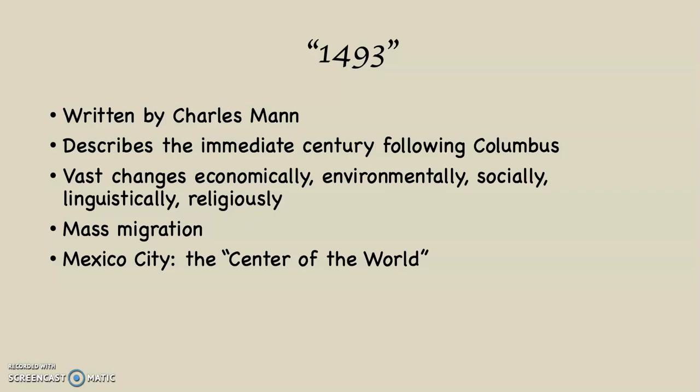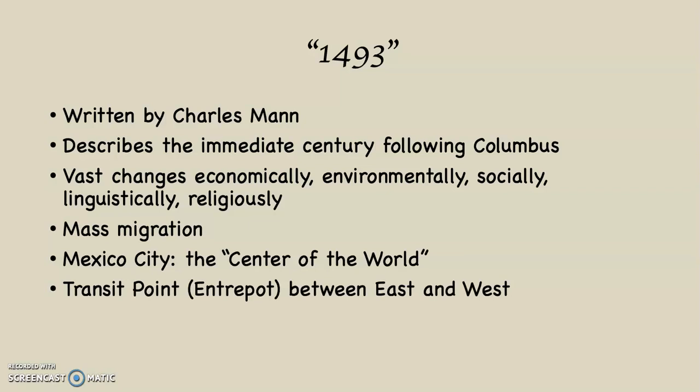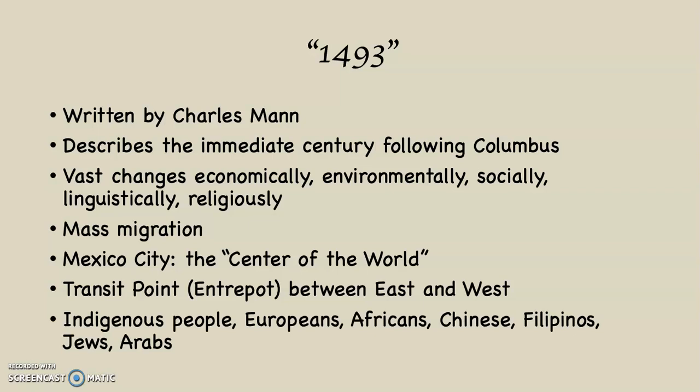And as that book points out, Mexico City, for about a century after Columbus arrived, becomes the center of the world. And the reason is because it's a transit point between East and West, what's sometimes known as an entrepot. And what's going on is people are coming from the East, that means from Africa and Europe, and people are coming from the West, which would be Asia, and they're meeting in Mexico City. And as a result of that, there's this incredible kind of mix, this soup of people there who are indigenous people, of course, but Europeans and Africans and Chinese and Filipinos and Jews and Arabs all mixing in Mexico City